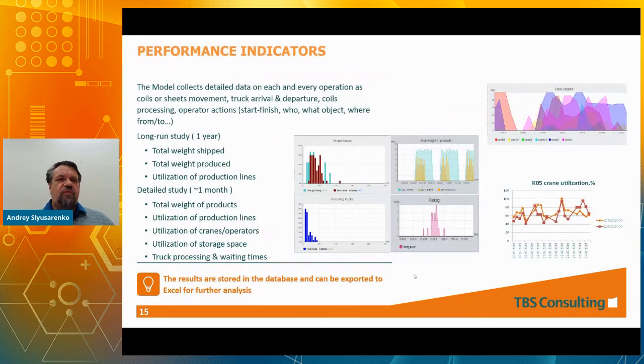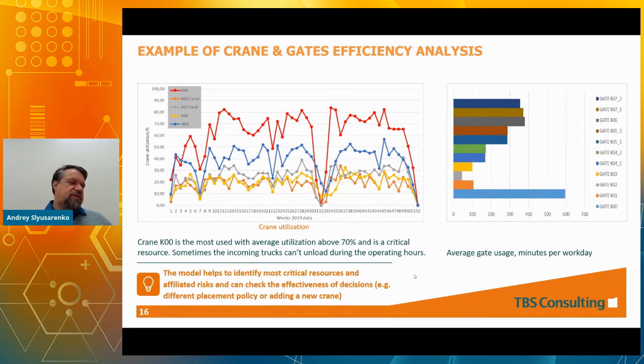so that the customer can fine-tune it independently. Some examples of performance indicators, what the model allows us to understand: different types of distributions for trucks, for equipment, for cranes. The model was extensively used to find out the bottlenecks during the execution.